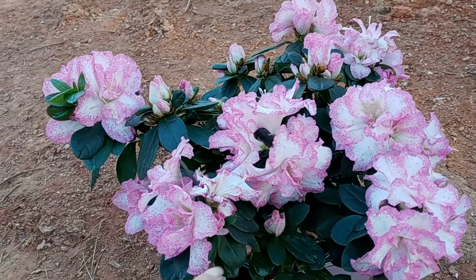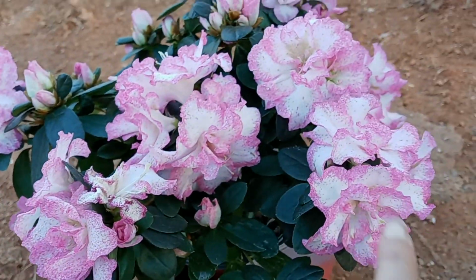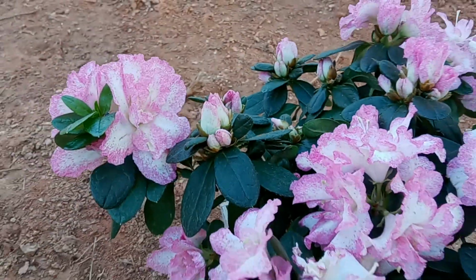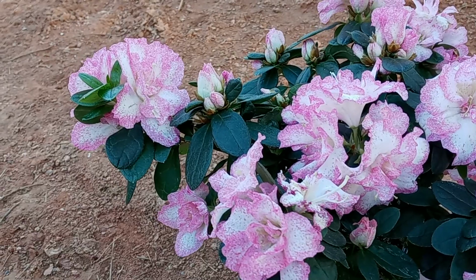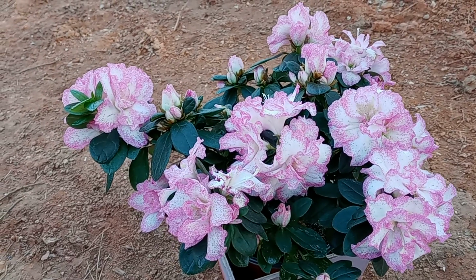So you can see this one over here is getting ready to be done. It's spent. But there's so many more that you can still enjoy, and I still have all these little buds. See? So I don't want to transplant it right now with the risk of shocking it, and then I'm going to lose all the flowers and the buds. So I think I'm just going to leave it this way until it's done blooming, and then come springtime,